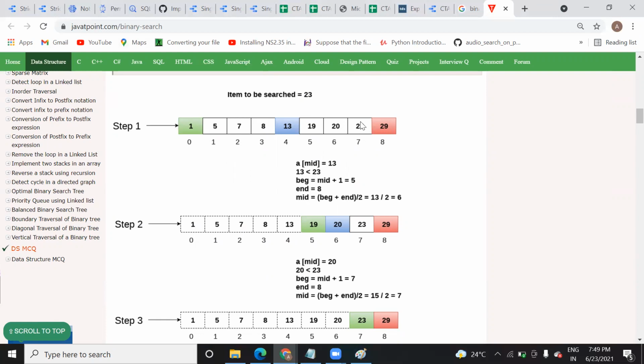If your search value exists on the right side of your middle value, then you are going to add to the beginning part. If your search value is present on the left side of your middle value, then you are going to subtract 1 from the end value. Is it clear? Are you going to remember this trick? Note it down somewhere.